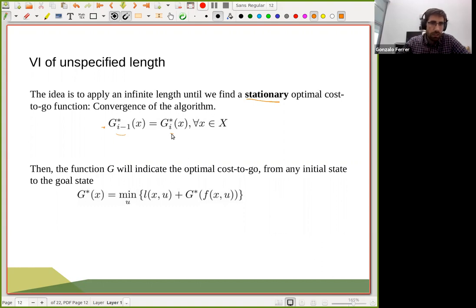Maybe that node is very important. Still, once we have stationarity, there's no need to calculate for larger lengths. It doesn't really matter because we have the optimal cost-to-go for all states. With this optimal cost-to-go after convergence, we know that this is going to be true, right? So I hope that I have convinced you that yes, we want this infinite length, that this is better for defining the problem. It's going to be a little more useful than what it was before.